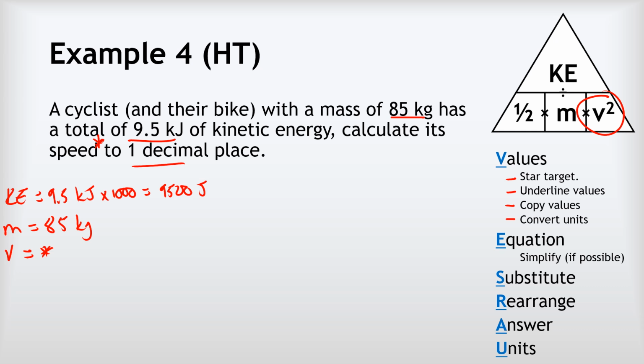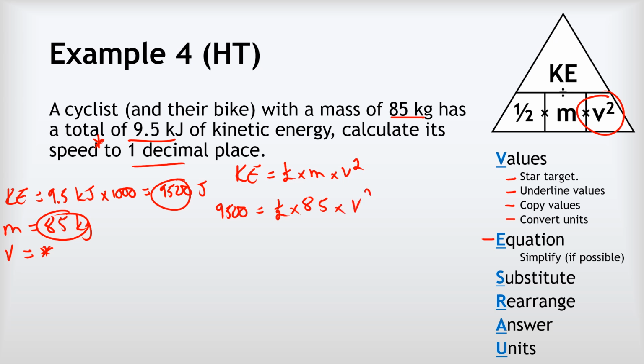Okay, now we're good for the equation. So let's write it out. Same as always. KE equals half multiplied by m multiplied by v squared. So now we can substitute in. Our kinetic energy is that 9,500. So we can say 9,500 equals half multiplied by our mass, 85,